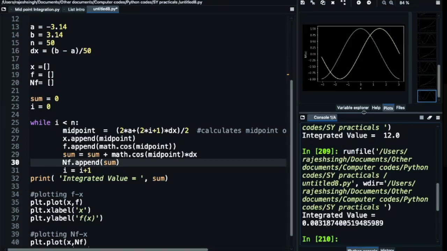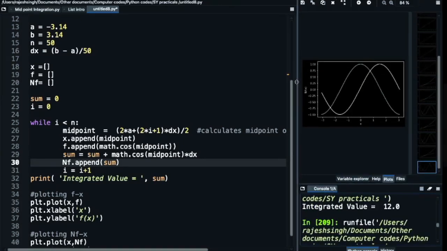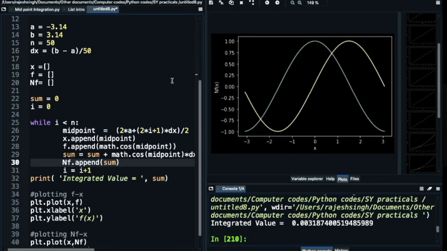And here is my graph. You can see that I'm taking the integration of cos x. This is my original function here in blue, which is cos x, with maximum 1 at x equal to 0.